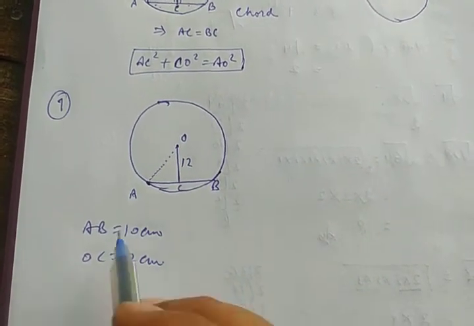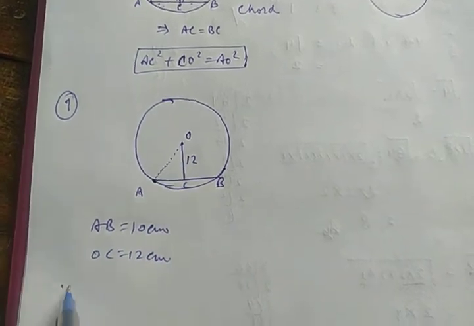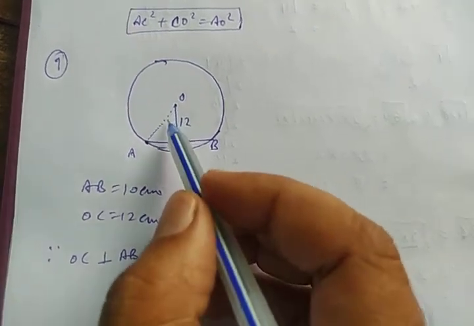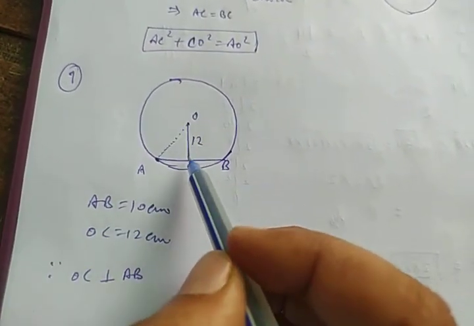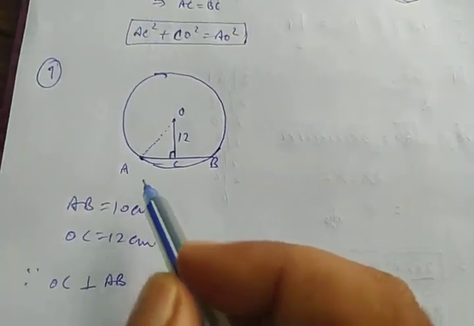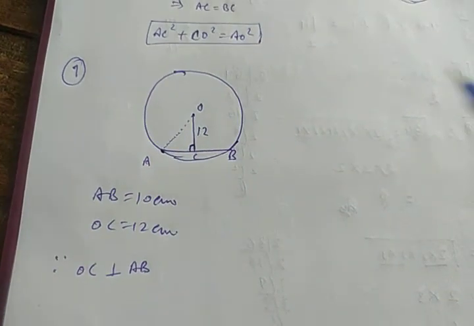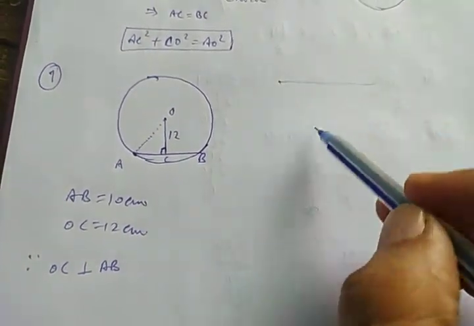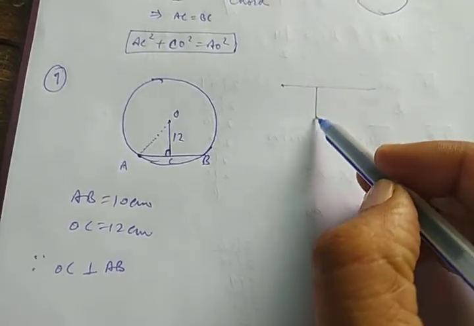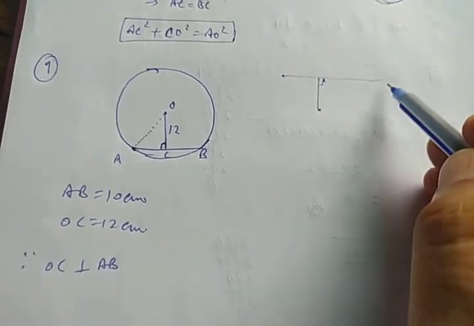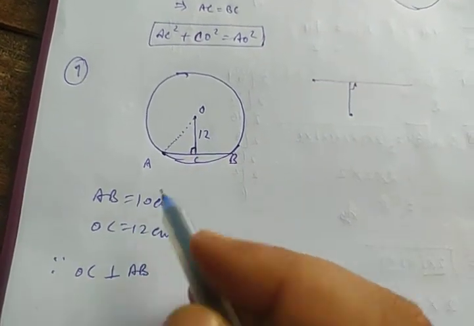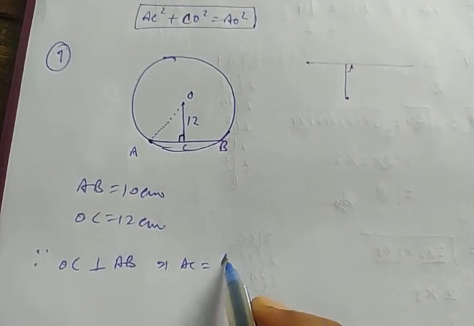But one thing you have to understand, for the solution OC is perpendicular to AB, means when you measure distance of a line from a point, it is always measured as a perpendicular distance. This you should know. This is a fact, and I think you would know from your previous classes. Suppose there is a line and you want to measure distance of this line from this point, then you will always measure perpendicular distance, not any other direction. It is perpendicular. That's why the distance 12 is perpendicular, and when it is perpendicular, this implies that AC is equal to AB upon 2.